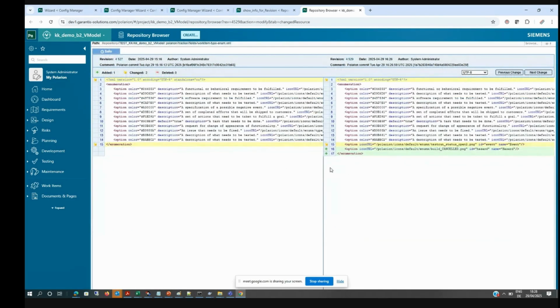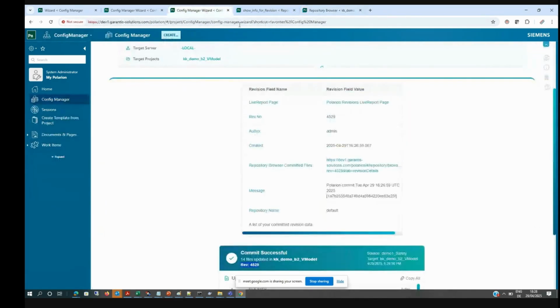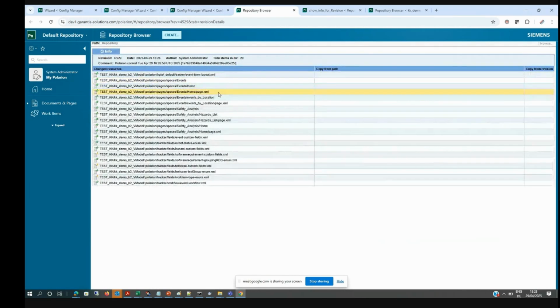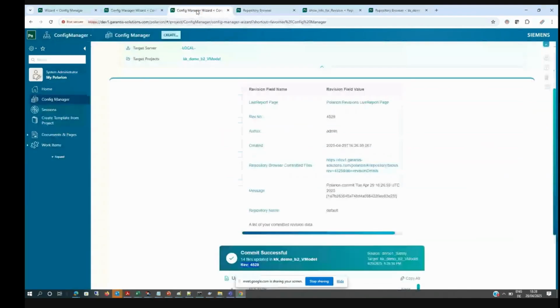So this is the ultimate source of truth because that's coming from the repository browser. So we can see that the files were added. And when I go back to the config manager final report, we can also jump to the repository browser again, and we can see all files which were updated. So that's, again, the ultimate source of truth. So now there is one more element here, which is